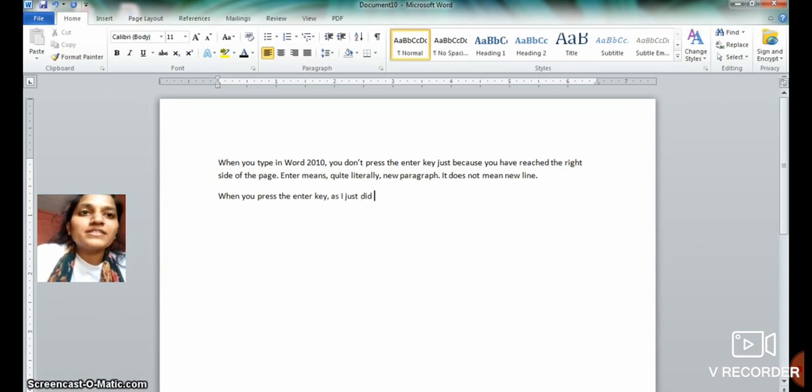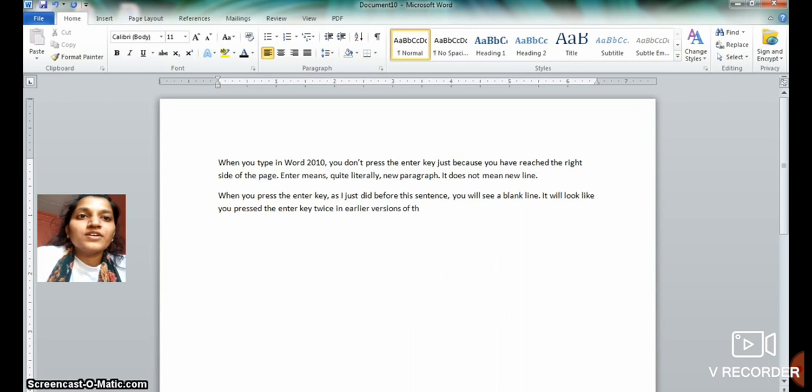When you press the enter key, as I just did before this sentence, you will see a blank line. It will look like you pressed the enter key twice.